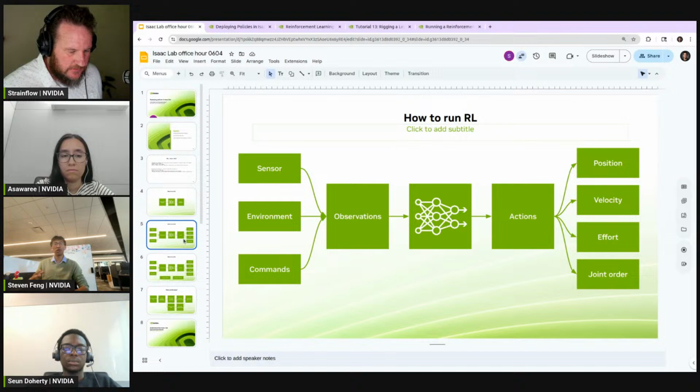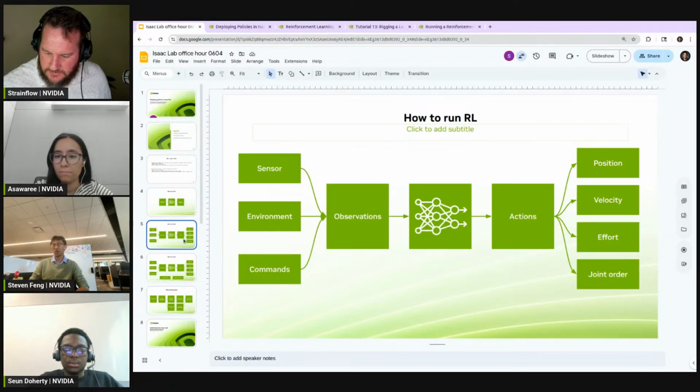So the policy will try to move the robot forward, and so on. In terms of action, this is again also specified by the controller. Most of the controllers in Isaac Sim and Isaac Lab will give you position output, so give the robot a target position that it will try to move to. But it can also come in other forms, such as velocity control, telling the joints to move at a certain speed, or effort control,